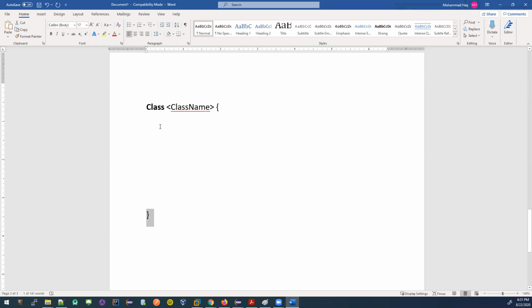Inside it, you need a method to execute your code, and there should be one main method. There could be many methods, but only one main method. For now, forget about many methods. Just think that there is only one method, which is called main.